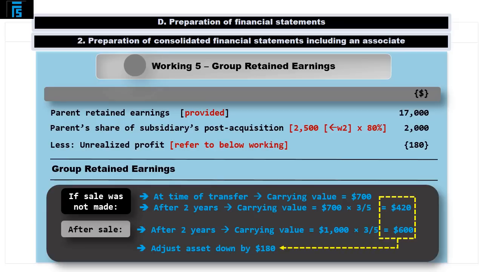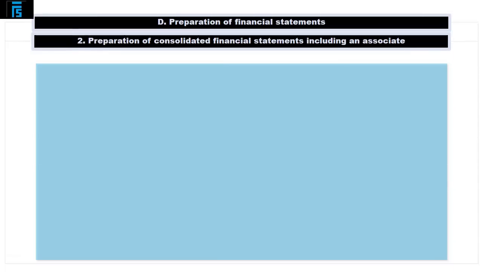Please note that if the sale were made by the subsidiary instead of the parent, the adjustment would be presented in Working 2, Subsidiary Net Assets, affecting the post-acquisition reserves of S. Overall, the group retained earnings balance comes in at €18,820. Let us now put all of the pieces together in the consolidated statement of financial position as at the